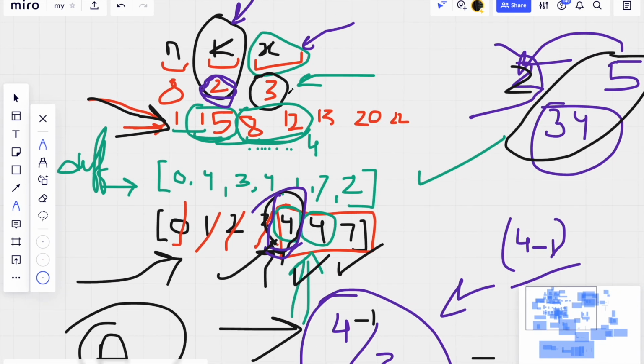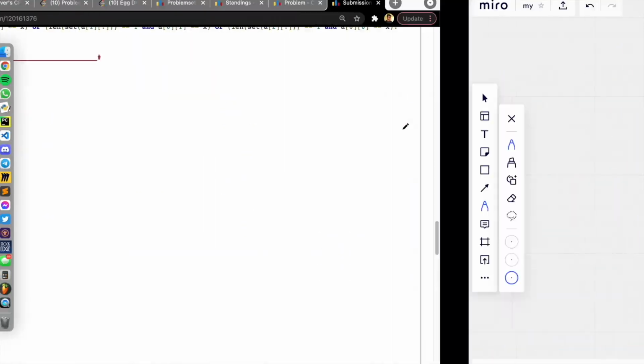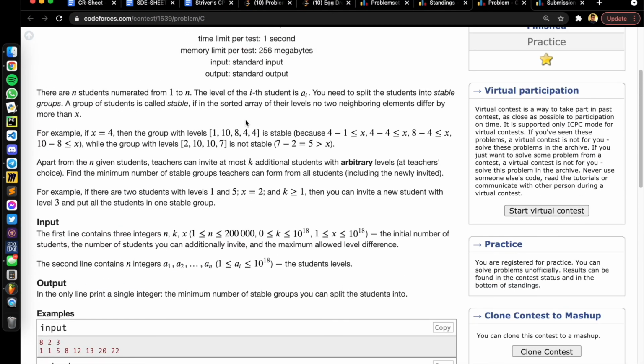There's a point here. The first test case was actually sorted, but in case I have some value like 22 here and 13 here, to find the difference I need to sort it first, because the problem says a group is stable only if, in the sorted array of the levels, no two neighboring elements differ by more than x.